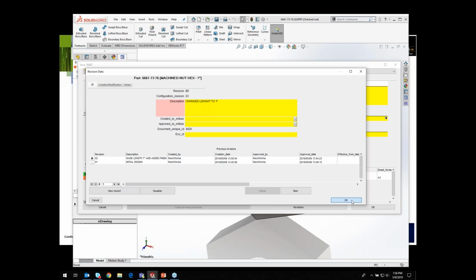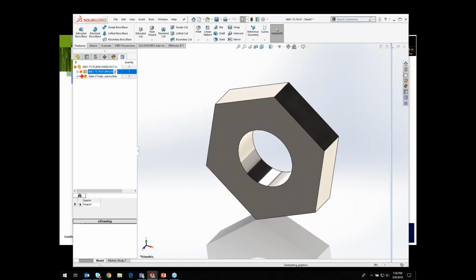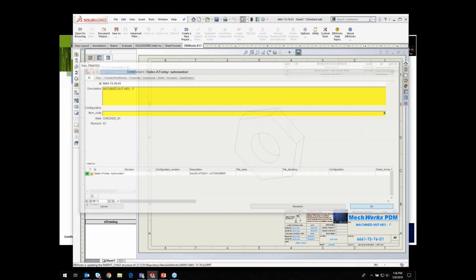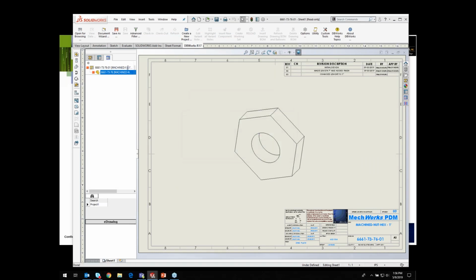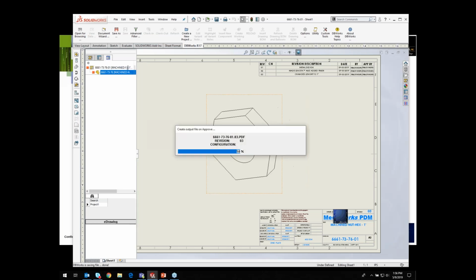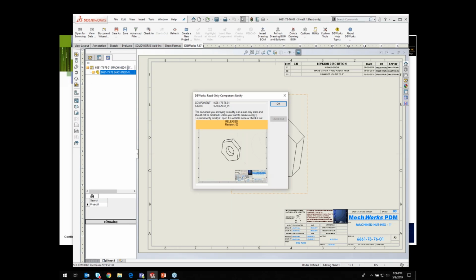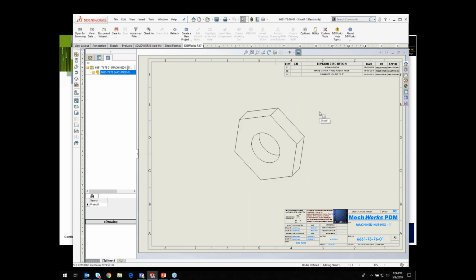There we go. O3, hit OK. And now that's going to go ahead and release this for us. It's going to create that PDF of the drawing, and it's letting us know that it's been released at revision 03. So the first thing I want to point out here is, as a user, I've sat here, I've created